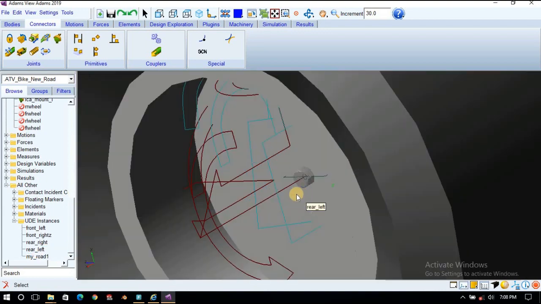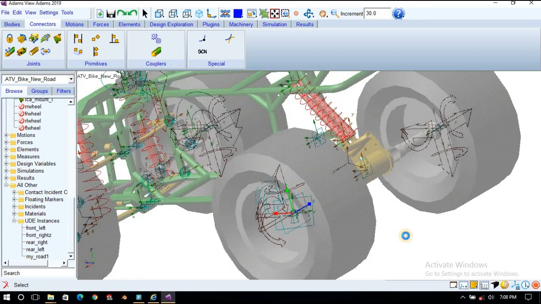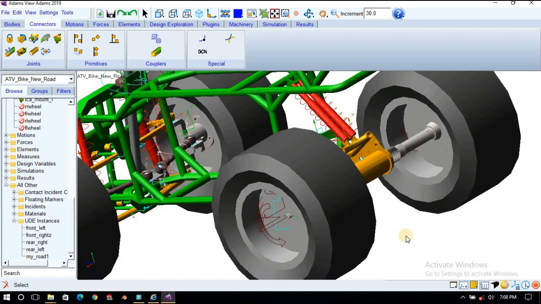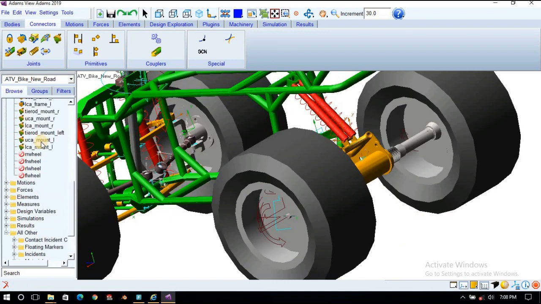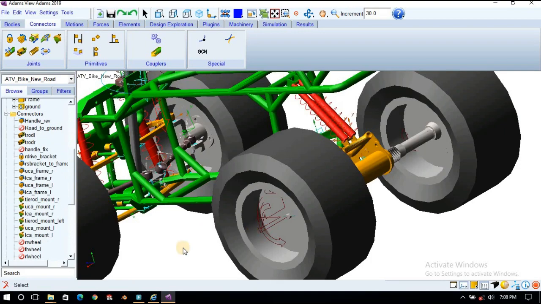Just Control Z, okay, let it be, or we will delete this joint, it is not oriented properly, delete.